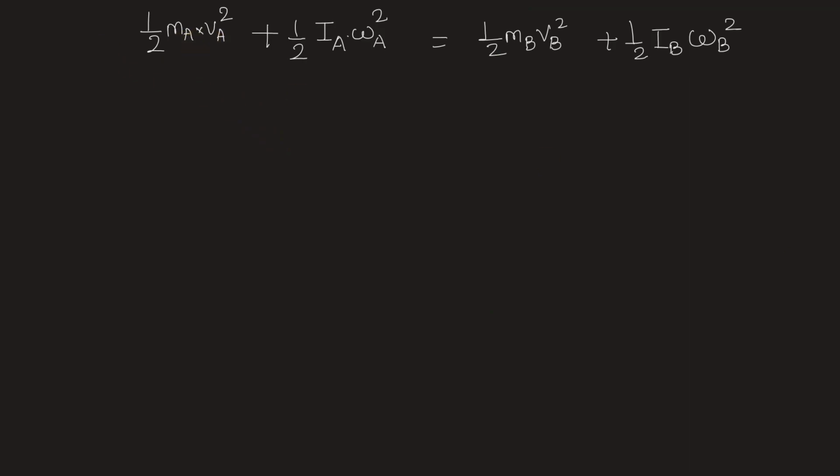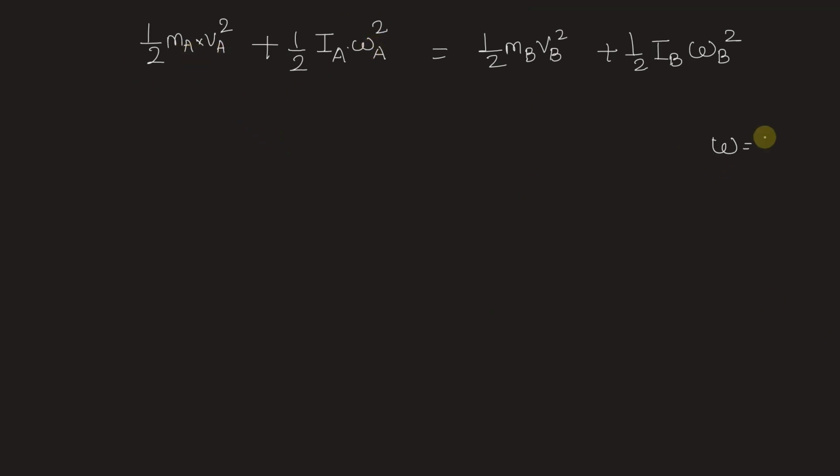Now looking at the given data, first thing we can substitute omega as tangential velocity v by r, radius of the disc r. Also we have mA equal to mB equal to m, and mass moment of inertia of disc A will be given by mass of disc into radius square. Because it's a circular geometry, we have the radius of gyration to be r itself, mass moment of inertia for rim geometry. For the disc geometry, we have mass moment of inertia to be mass into r square divided by 2. Since mass and r are same in both cases, we have IA to be mr square, whereas IB to be mr square by 2.